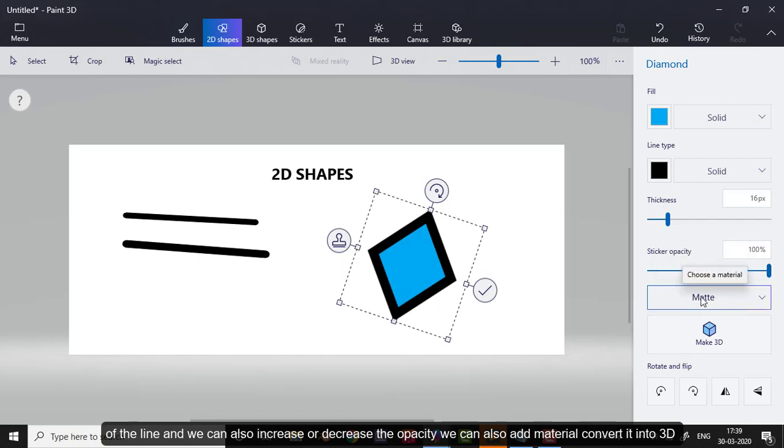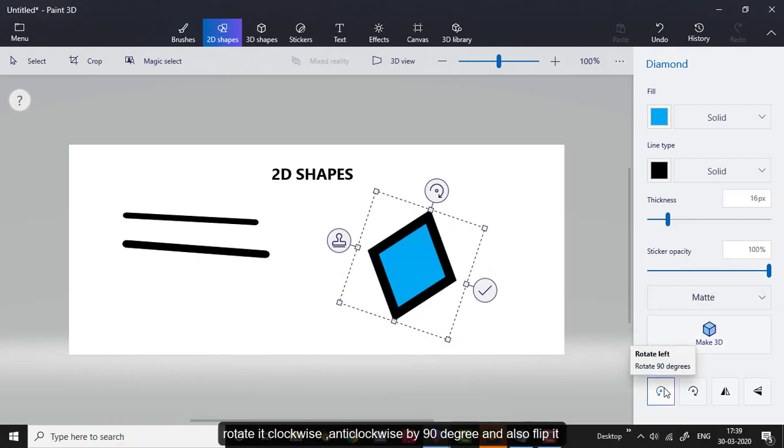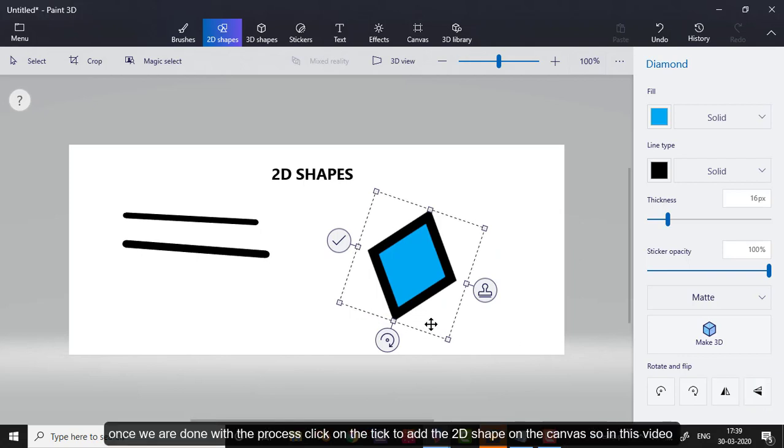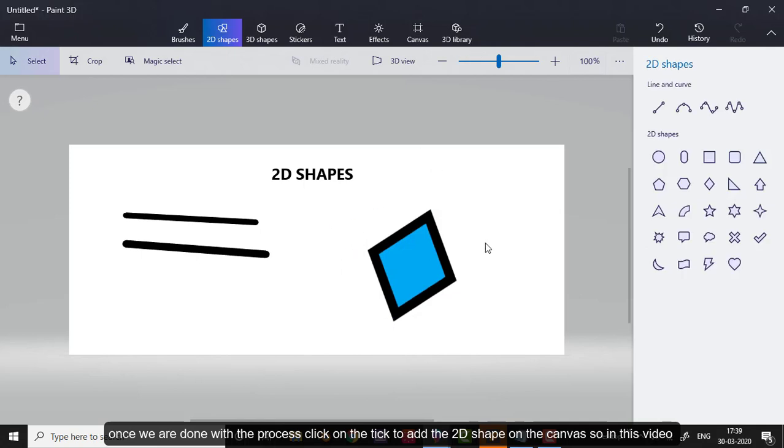Just like the line, we can also add a material, convert it into 3D, rotate it clockwise, anti-clockwise by 90 degrees, and also flip it. Once you're done with the process, click on the tick to add the 2D shape on the canvas.